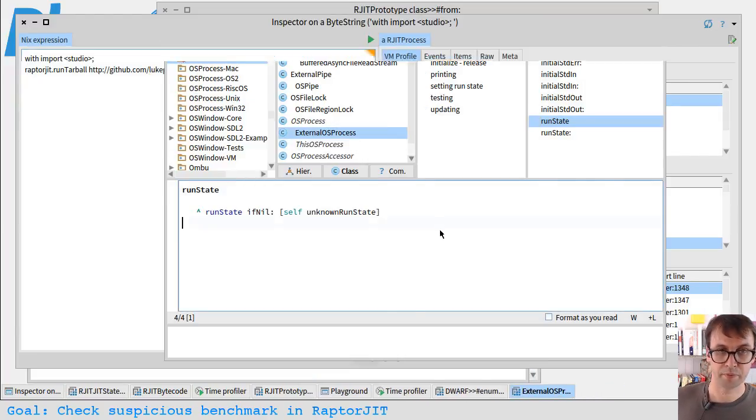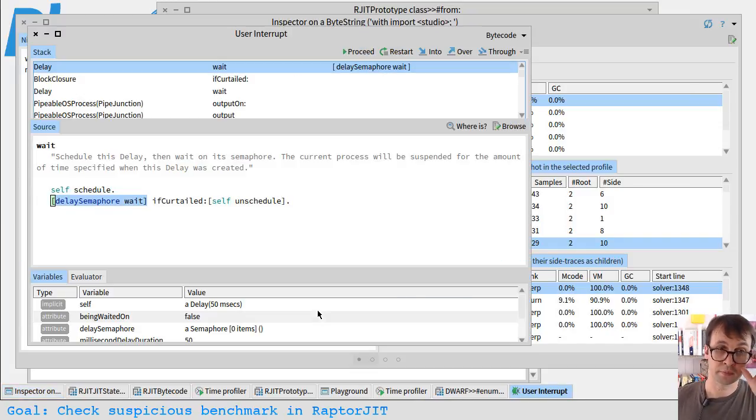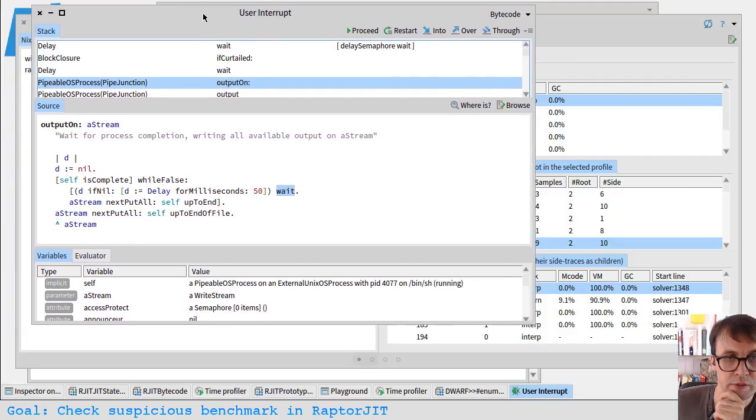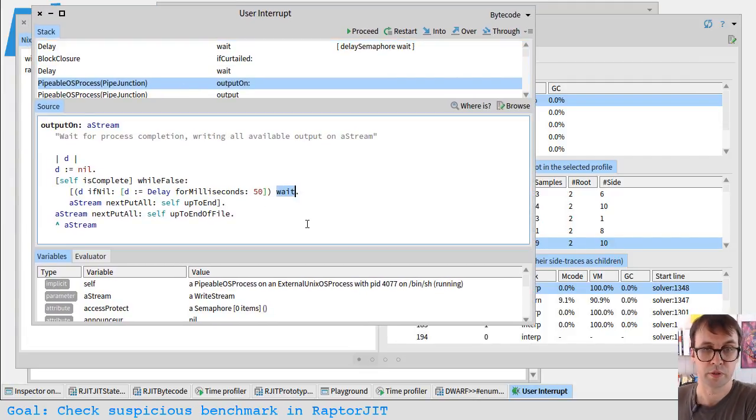I'm not very happy about it, but I think we can deal with this. So here we go. We try to run a build. It's going to get stuck. It's going to annoy us. We're going to press interrupt. We're going to go into this loop of ours, and we're going to put in some explicit polling here. We're not going to rely on this to happen just kind of independently. We're going to say